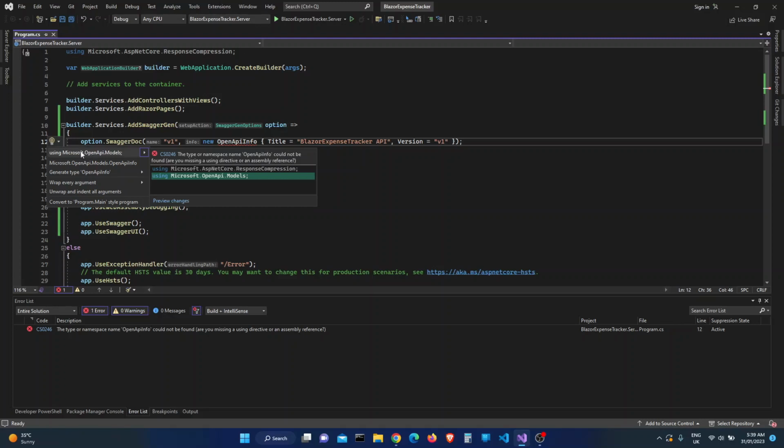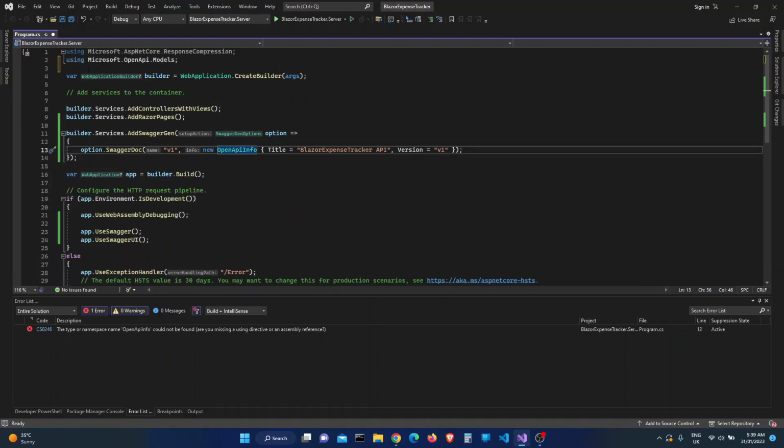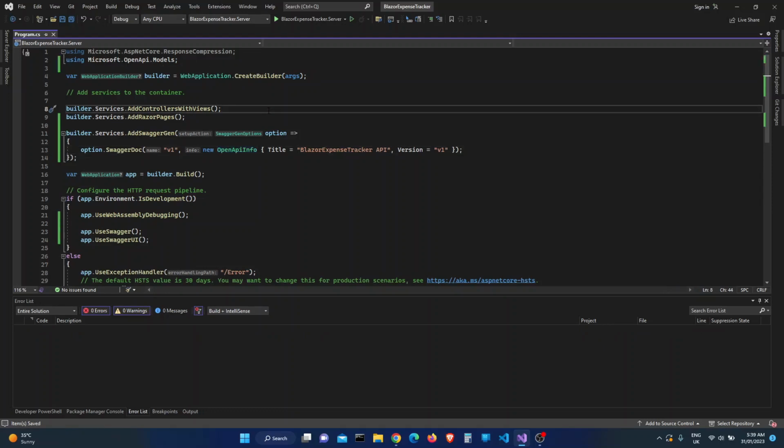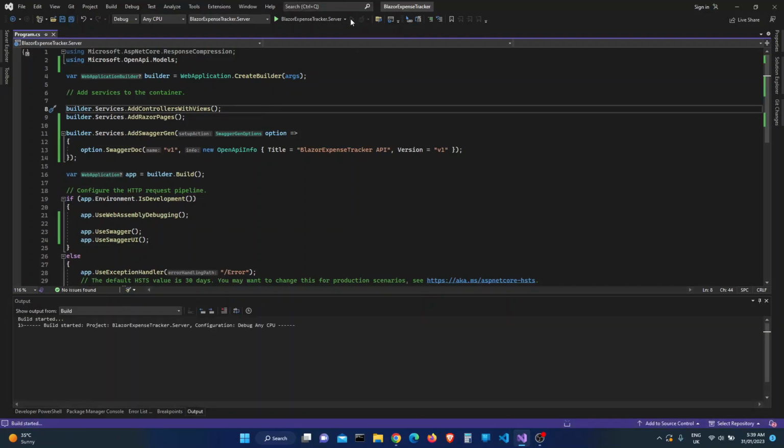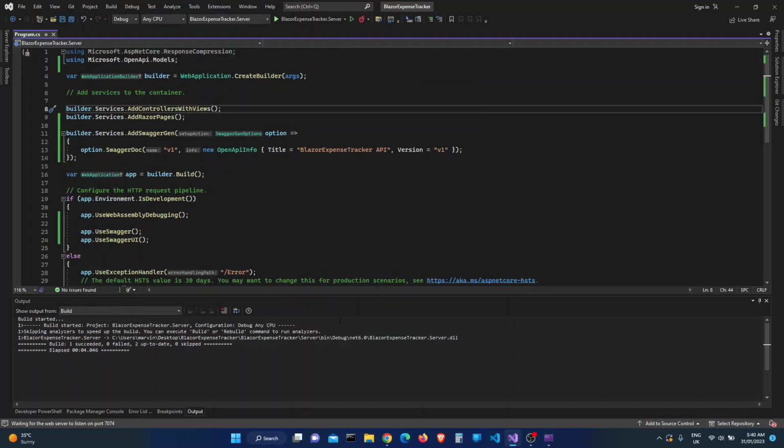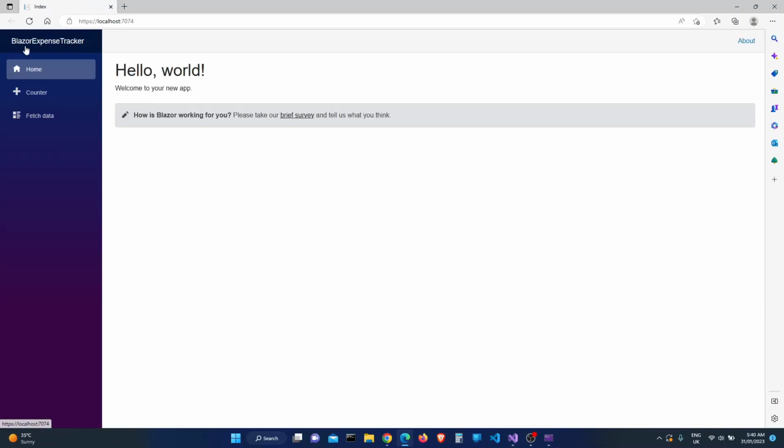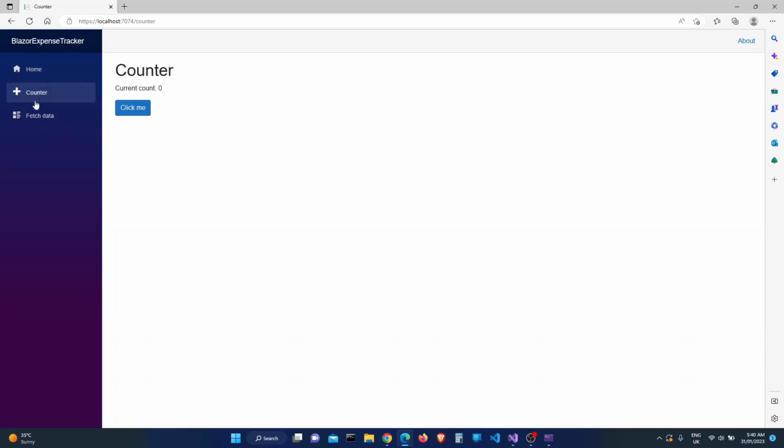and then yep, it suggests the using directive over here. So I need to add using Microsoft.OpenApi.Models. Okay, so we can go ahead and click save and run the application again. It should build and work now. Yes, it's working. And yep, so we have our window open here with our application, default application that was created for us. Yes, this is it. This is the name of our app, Blazor expense tracker,